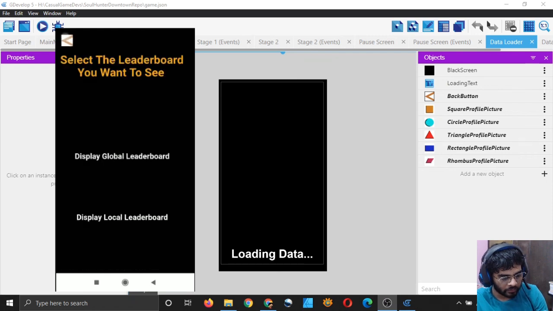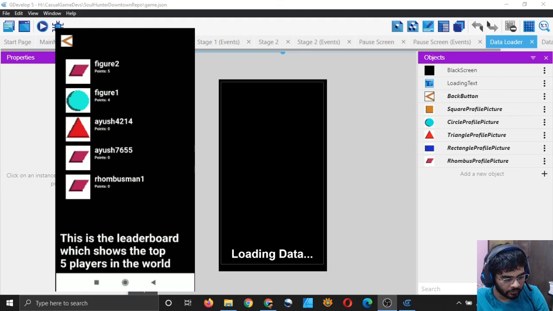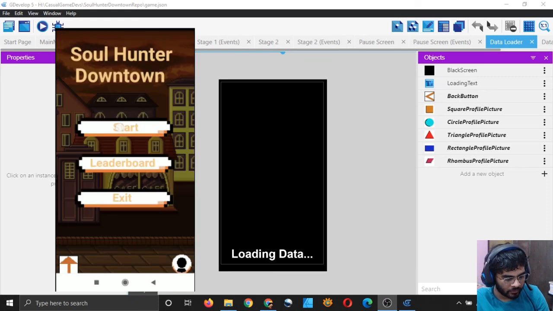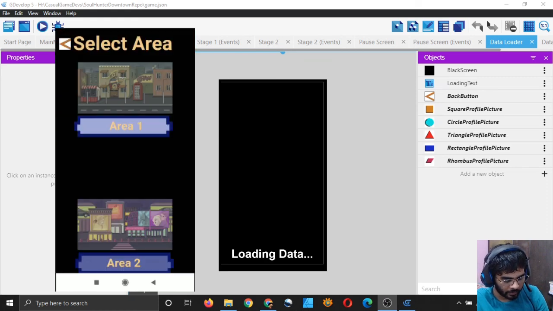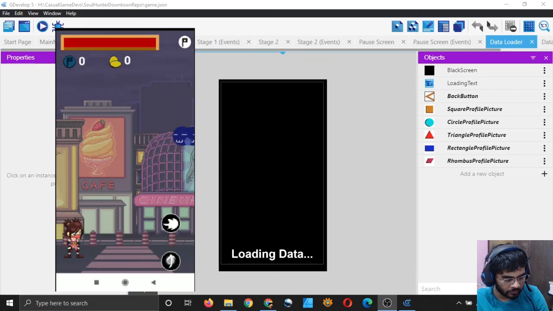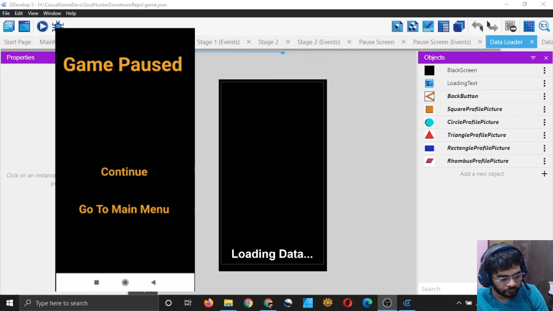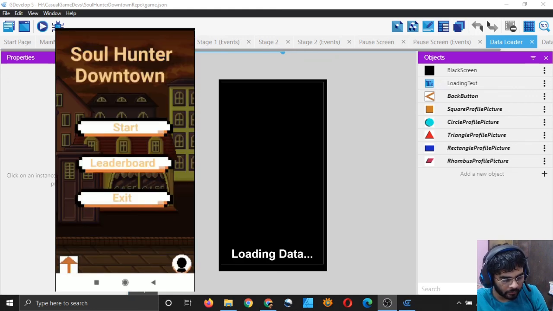And I can see the global leaderboard, which is these people, right? And I can start the game also. I have already unlocked area 2, so I can play area 2 directly. So this is also working well, and the touch is also working pretty well.